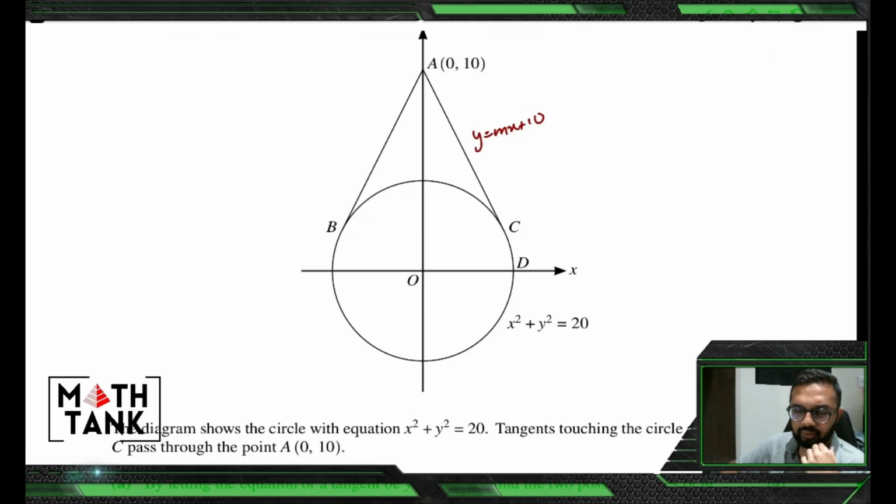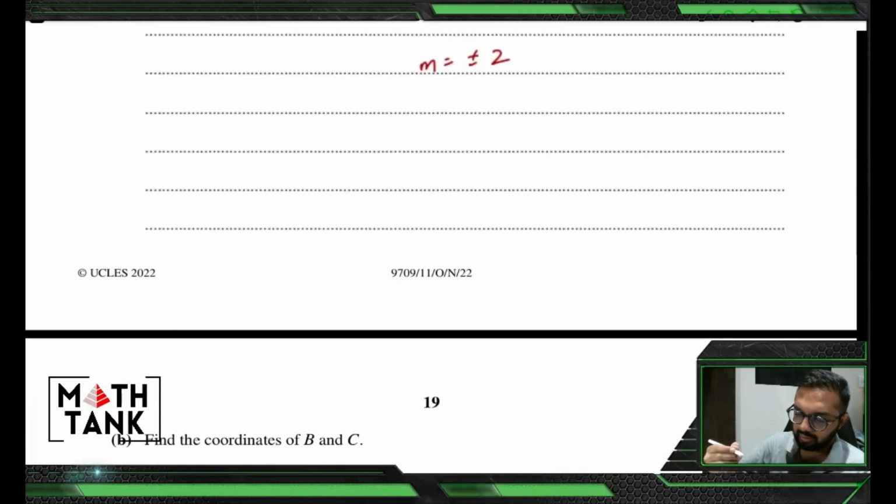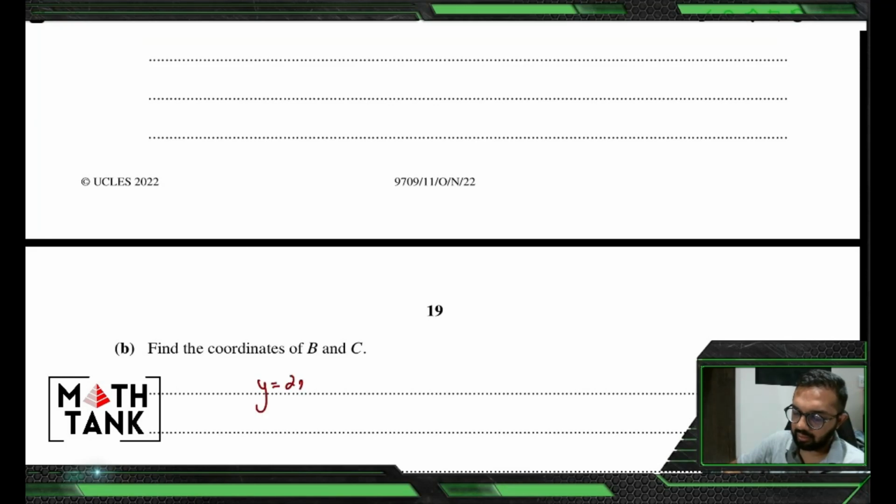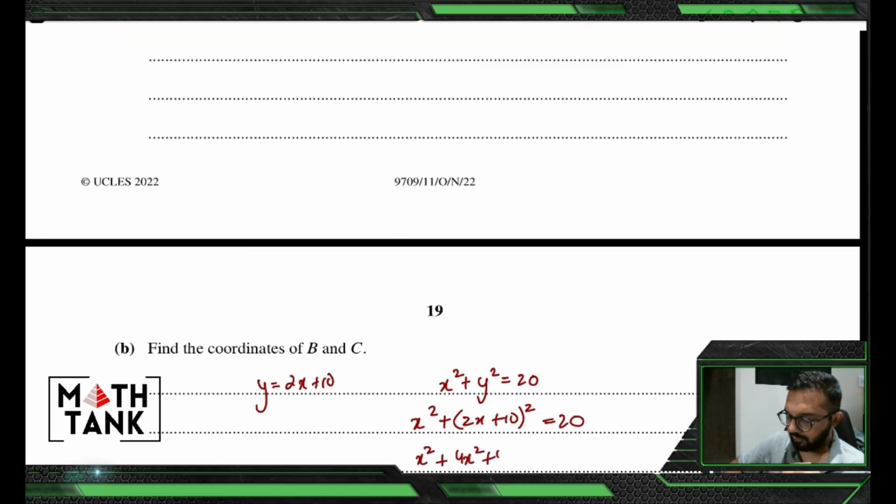Then what you do is you first take m equals 2. You solve it simultaneously. You're probably going to get the equation of this line, 2x plus 10, because that was the positively sloped line that was going up like that. You go ahead and solve it simultaneously again with x squared plus y squared equals 20. So I solve this simultaneously again. For x squared, 40x plus 100.